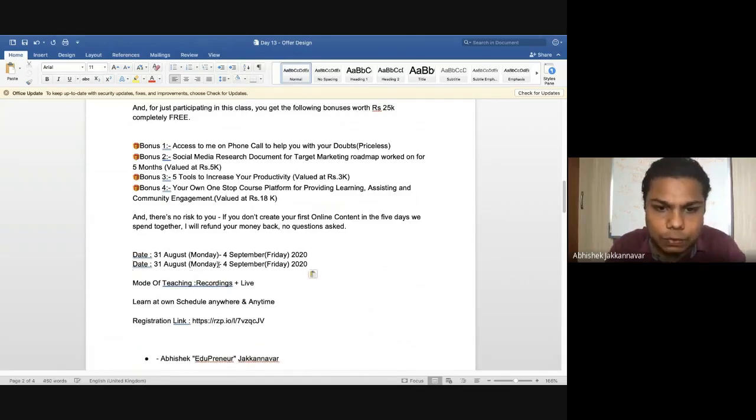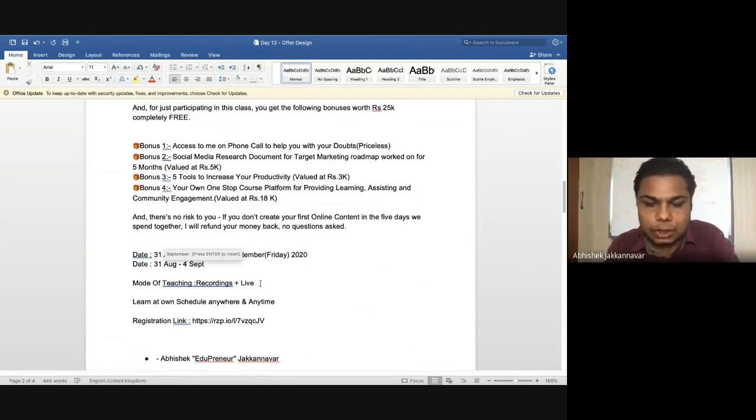I see most of them do it something like this: 31st August to 4th Sept, and at times they don't even put the year. This is very unprofessional. Even in most of the offer reviews which I have seen, this is the biggest mistake they make. Please do not add any shortcuts.